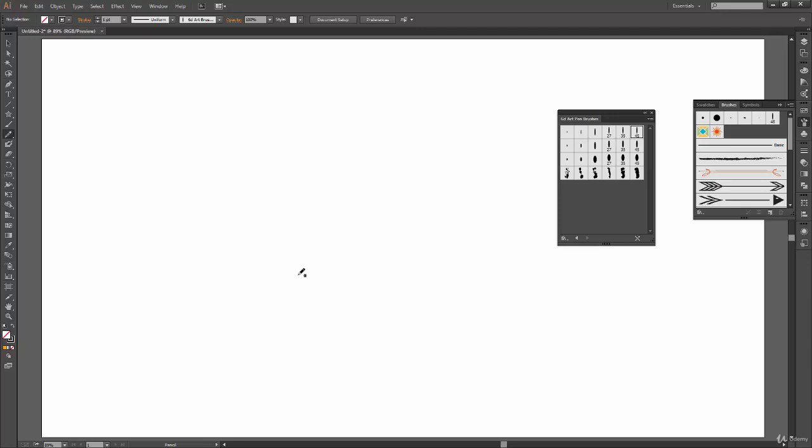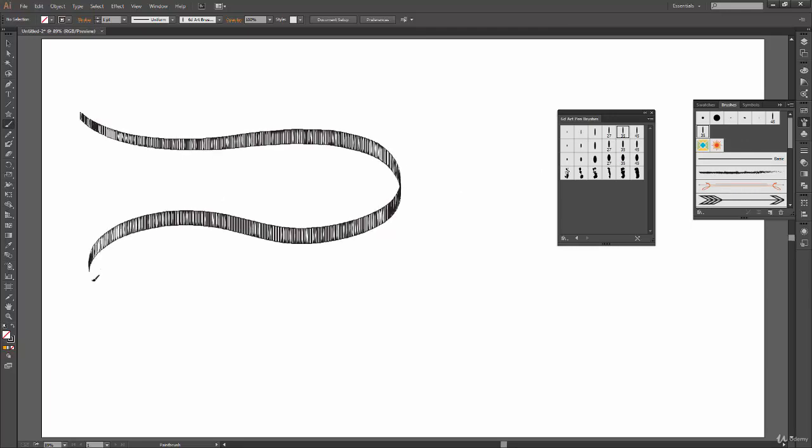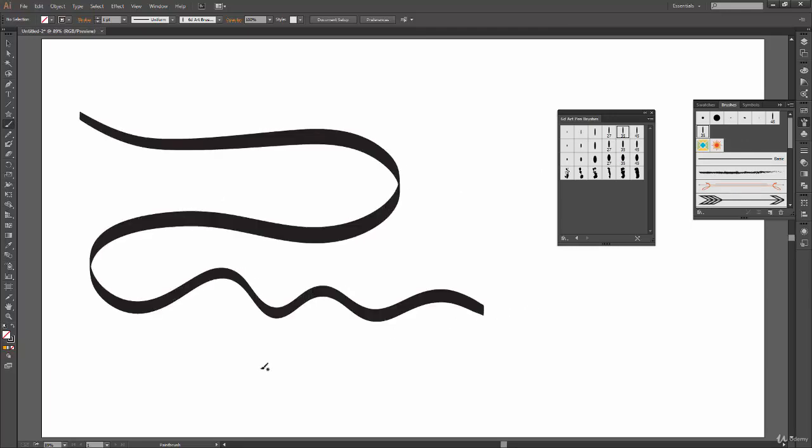So if you want to register your pen pressure or your strokes on any software, then instead of Illustrator, you should use some other raster-based software like Photoshop or Paint Tools, where you can actually go ahead and sketch. But here we have these brushes which are actually registering our pen pressure. So yeah, that's a good thing.